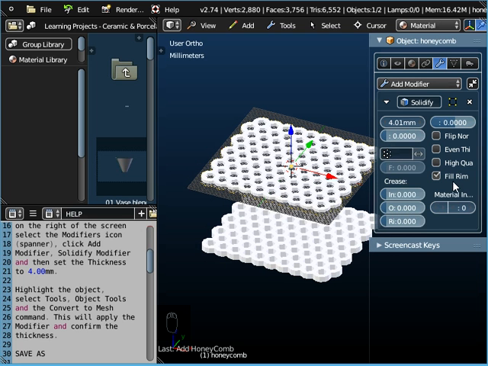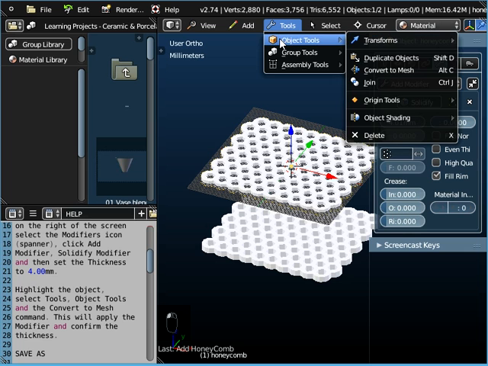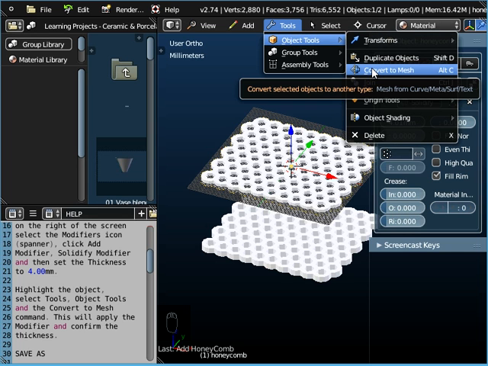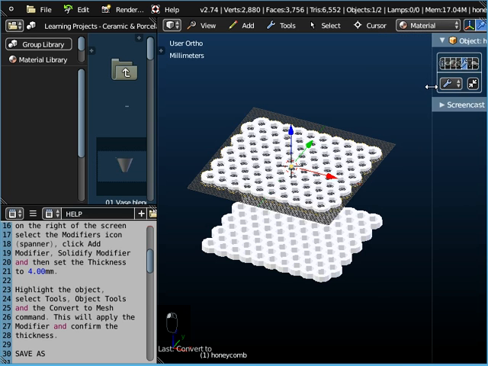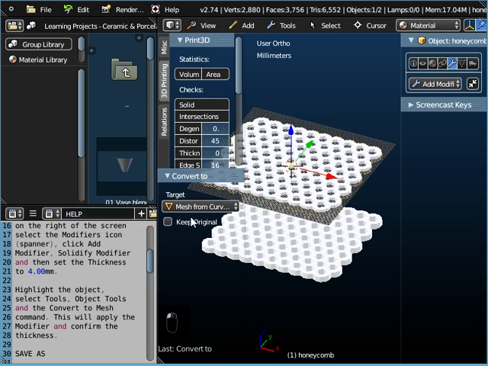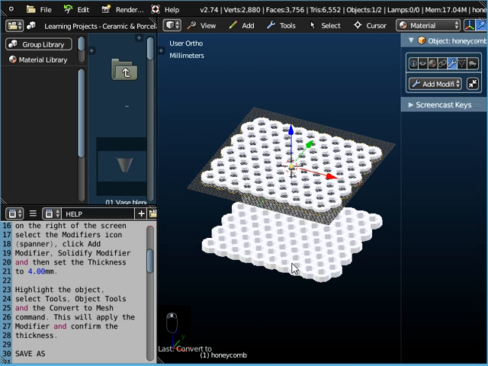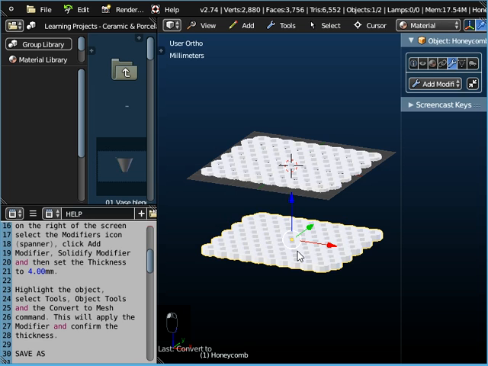Now to confirm this, what we do need to do as usual in FluidDesigner is to go to Tools, Object Tools, and convert it to a mesh. And once you do that, that's applied now. And also if we go back to the toolbox panel, you can see we can't change the number of rows and the number of columns, etc. All that is now applied. So what we want to do is delete the original one, so we can do that by X on the keyboard